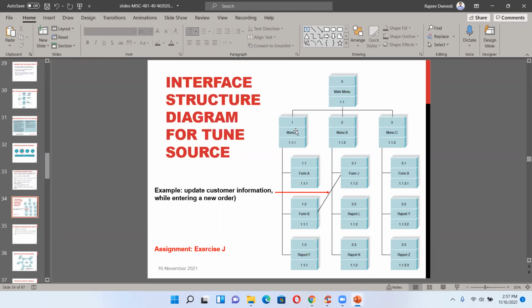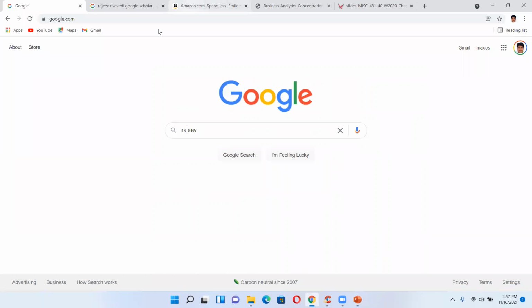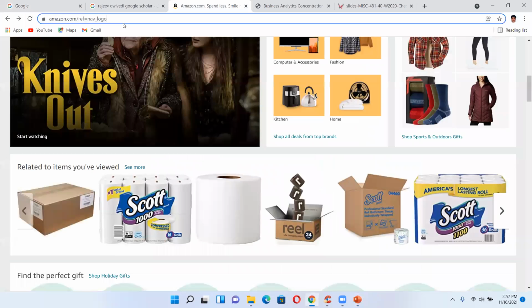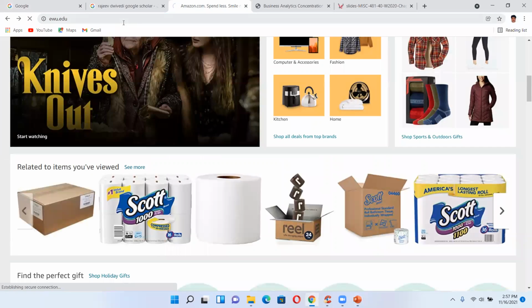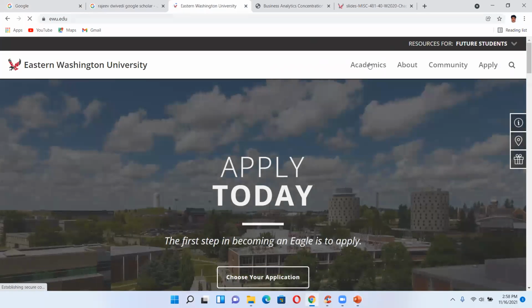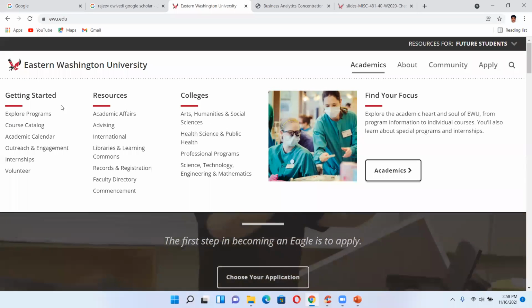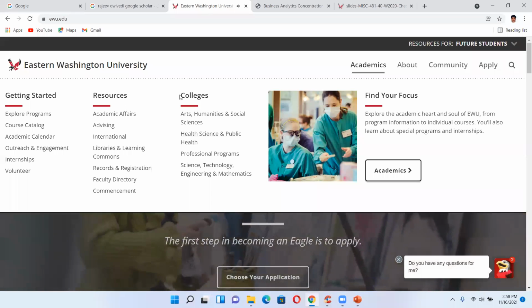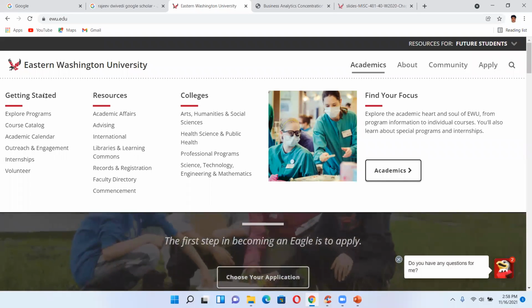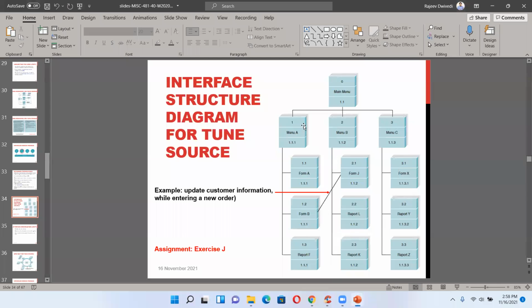Under menu 1, for example, we see this Eastern website, where we can see EW. So here is the main menu, under which there are four categories, and under each category these things 1, 2, 3. Under 3 these are the things, under 2 these are the things. So similarly, what you are going to have in this. Basically this is the main menu, under which there are three categories, under each